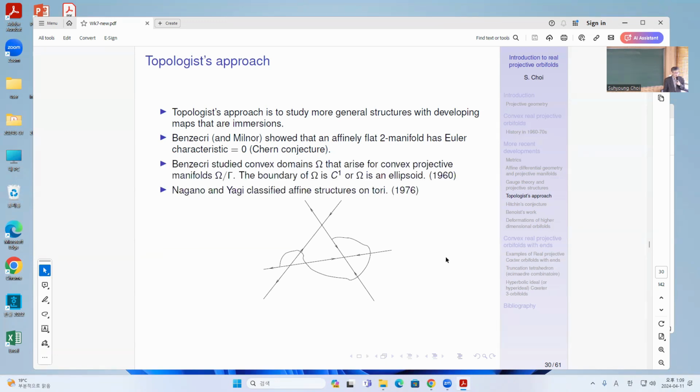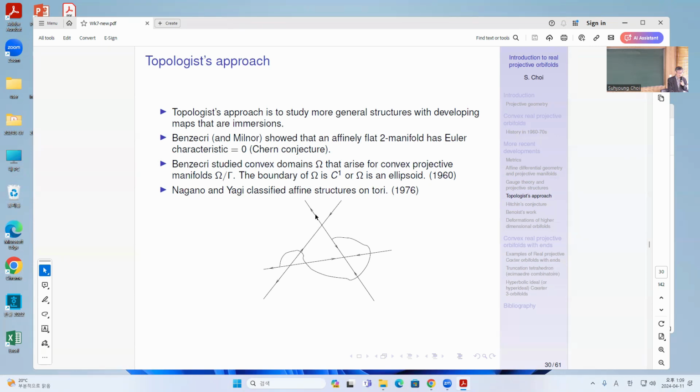And Benzécri studied the convex domains omega that arise for convex projective manifolds, omega mod gamma. He showed that omega is C1 or omega is an ellipsoid here. And Nagano and Yagi classified affine structures on tori. Okay, so the basic method is that